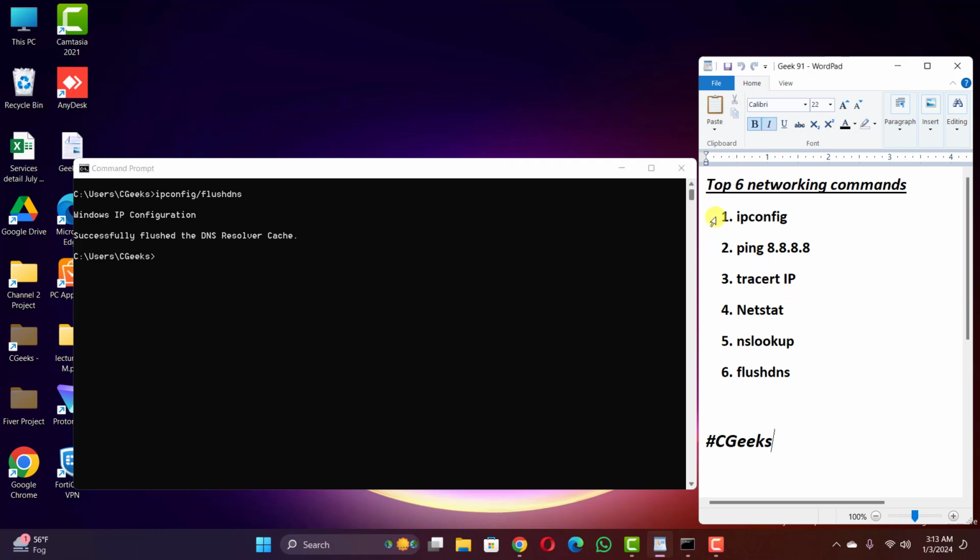So guys, with the help of these 6 basic networking commands, you can check your routes, you can check the response of networks, IP, you can check your network server, DNS servers, and even you can troubleshoot your basic network